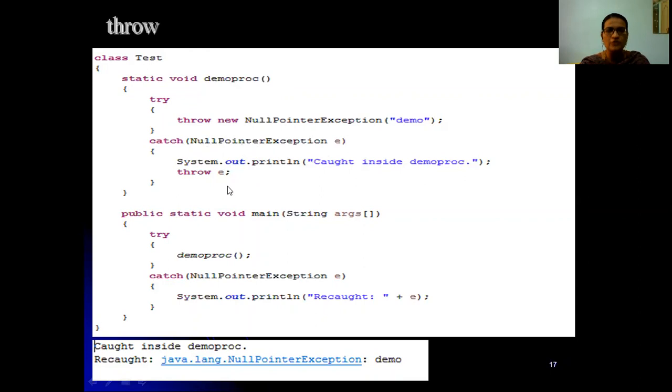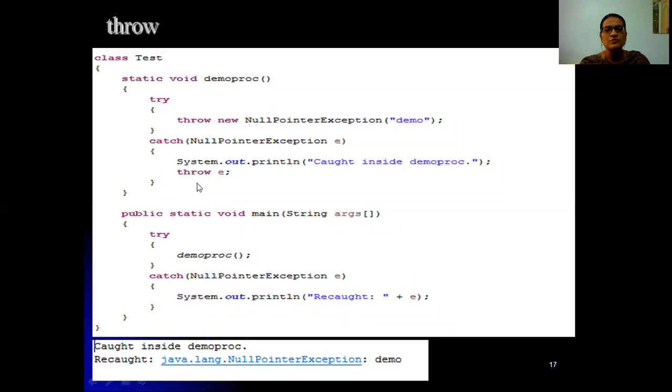So we are throwing the same exception once here, and a second time in the catch block also. Once we throw it in this catch block, it should be caught and handled. Here you can see that in the main try, while calling demo, we are throwing an error. Demo procedure is a method. Within that we have a try block. In this line we have got an exception, and that exception is handled by this catch block.